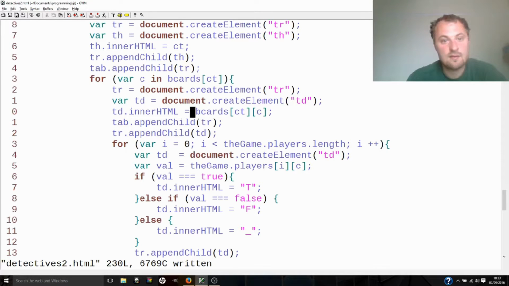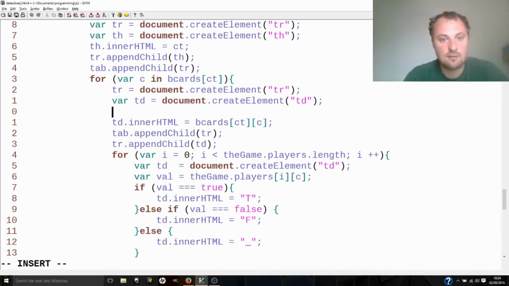C is going to be a number, one of the 3 weapons. Yeah. And that's not what we want here. In the same way, B cards. So instead, we now need this to be the same, B cards CTC, which is more nasty. So here, I'm actually going to pull out into a variable, so I'm going to use it twice. So var